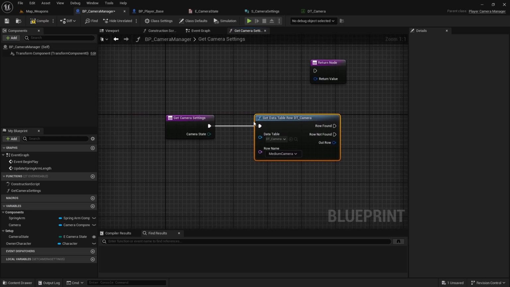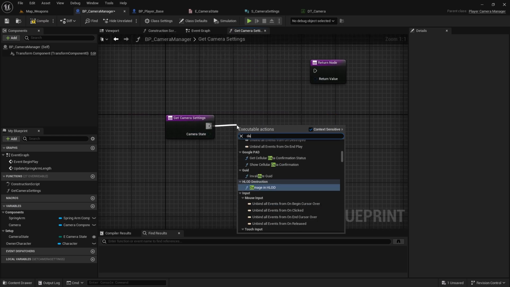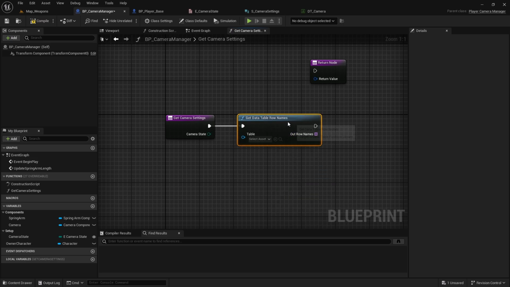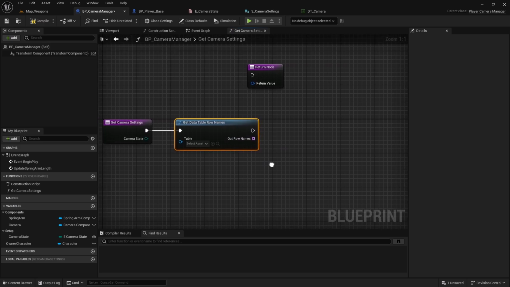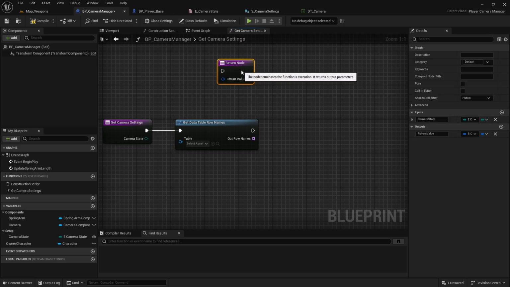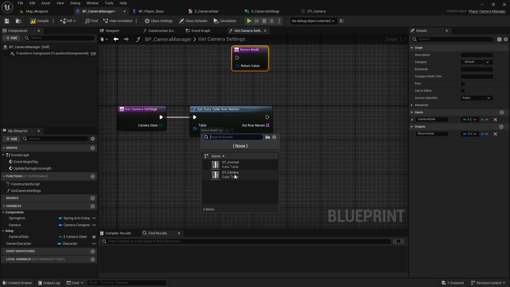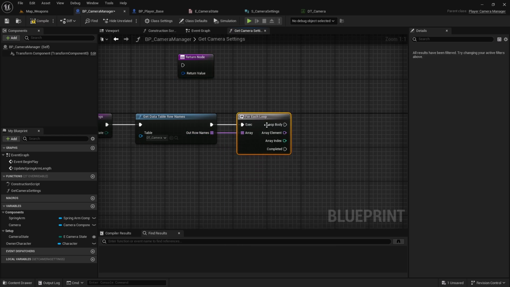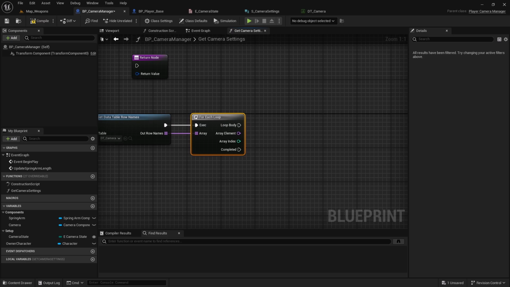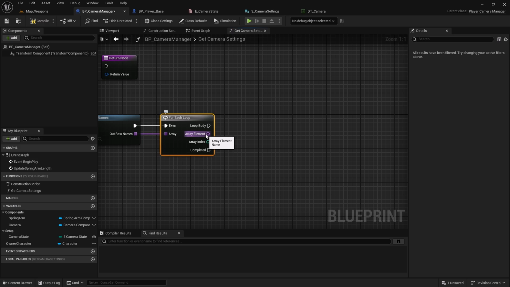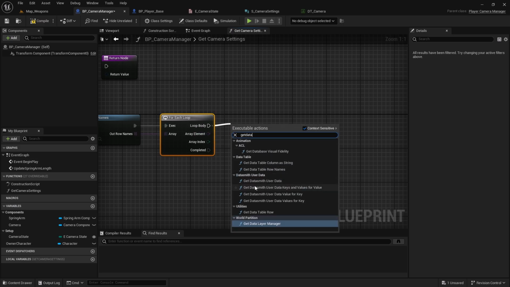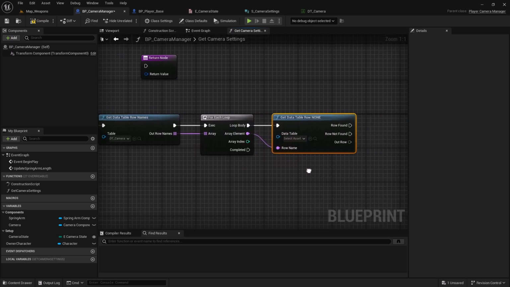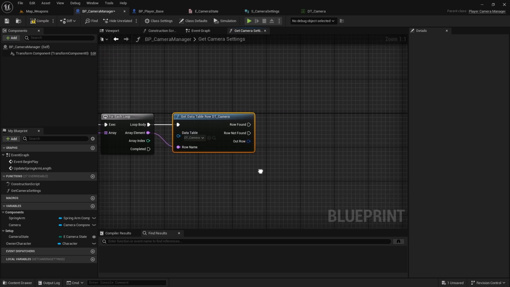Instead of this one, since we are using this camera state, let's get the data table row names directly. The table should be the DT camera, and let's iterate through the names, and let's get the data table row based on the row name. Again, the data table should be DT camera,